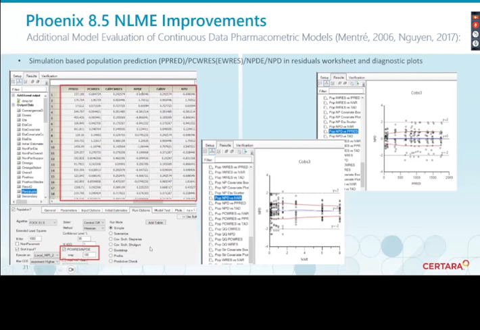These normalized prediction diagnostics are another widely used simulation-based metric for model evaluation. Following the best practice given in a 2017 ISoP tutorial paper, Phoenix now outputs these simulated diagnostics and their associated plots for all the population algorithms. These are optional and not selected by default. However, if you always want them in your output, you can set up a default object setting to always have